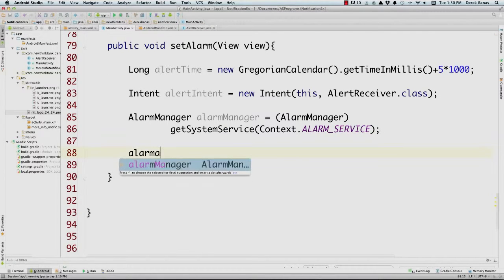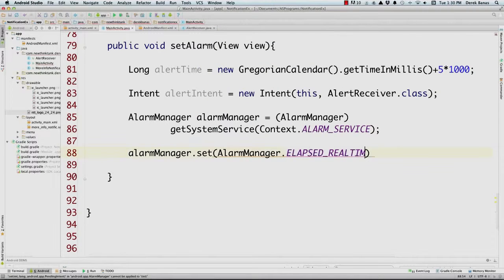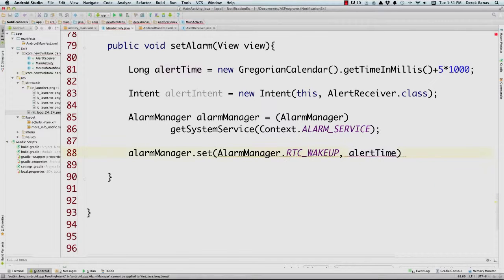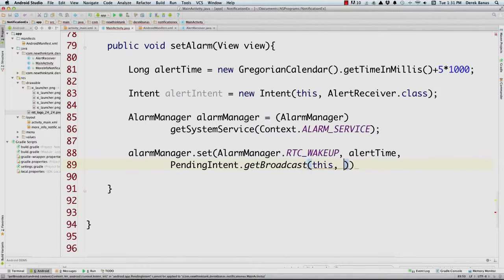Then we can just go with the alarm manager and set it, call alarm manager dot set. Let's make this RTC wake up, and then we're going to pass in alert time, which is the amount of time it's going to wait until it comes in here and fires this. And then we'll go pending intent, get broadcast, this, 1, and then alert intent, what's going to actually be called, which is the alert receiver.